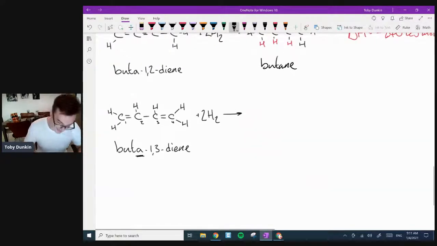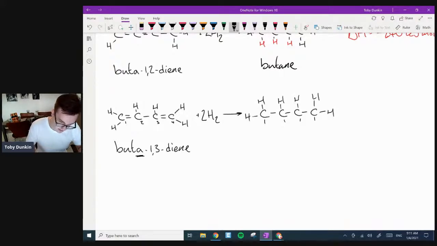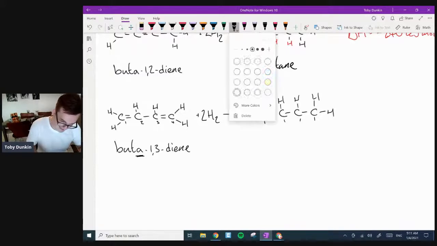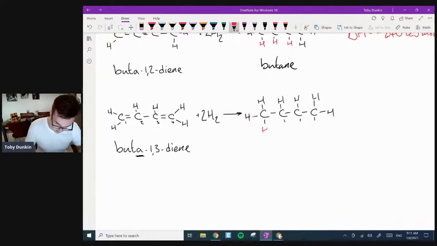Right, so this one, once again, we're going to form butane. I'm giving up on the color coding thing, by the way. It's taking me too long. No, change my mind. I'll put the sticks in. So these are my originals. No, they're not. That's not an original. Get rid of these guys. There you go. They're originals. And then I've got these guys. Pen size, all wrong. There you go. H there, H there, H there, and H there.